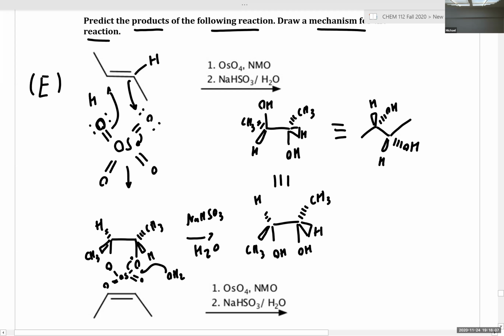Does this make sense to everyone? Does everyone notice the distinction between dihydroxylation and epoxidation? Does everyone see the distinction in terms of stereochemical outcome? Dihydroxylation leads to a syn-diol. Epoxidation and opening leads to an anti-diol or trans-diol. Does that idea make sense to everyone? Okay, so to finish off this section,